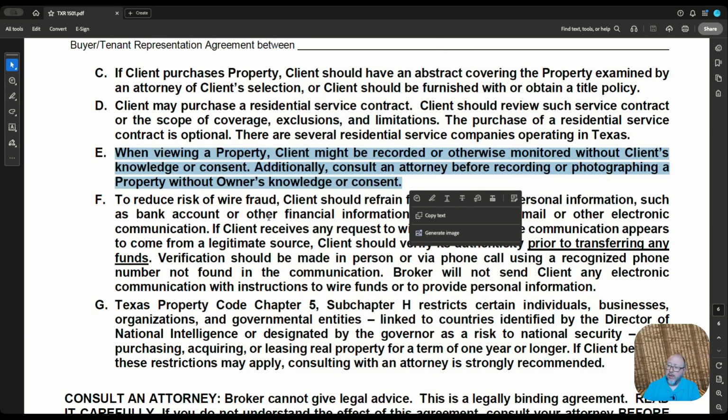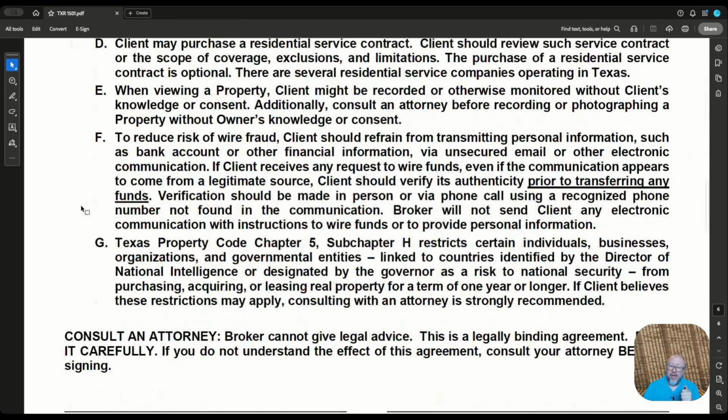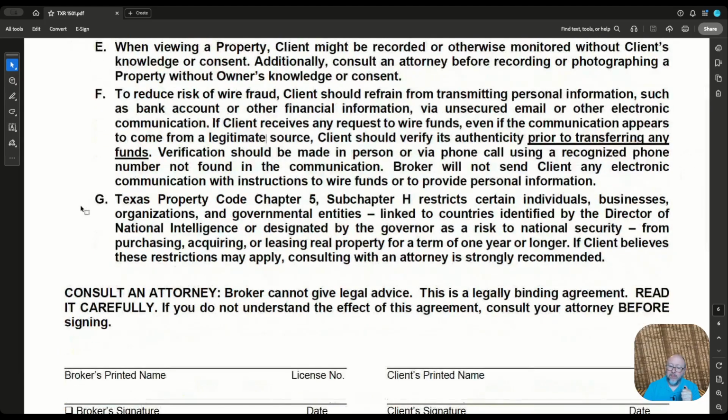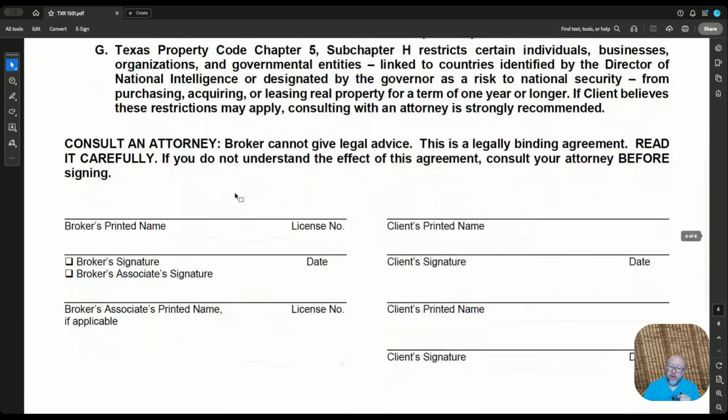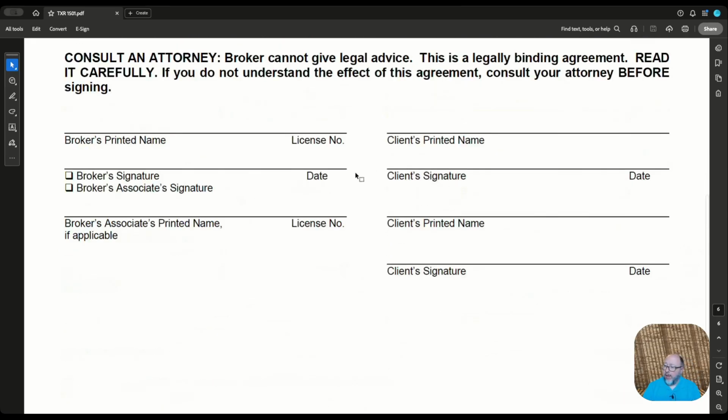When viewing a property, client might be recorded or otherwise monitored without client's knowledge or consent, right? So always consult an attorney before recording or photographing a property without owner's knowledge or consent. There we have a wire fraud warning, and we have this language about people who aren't legally permitted to buy certain property. So yes, and consult an attorney. So then we have our spots for signatures down here. Okay, so